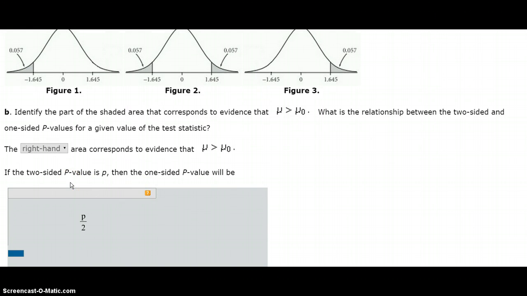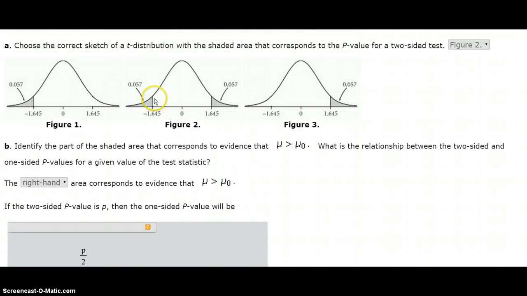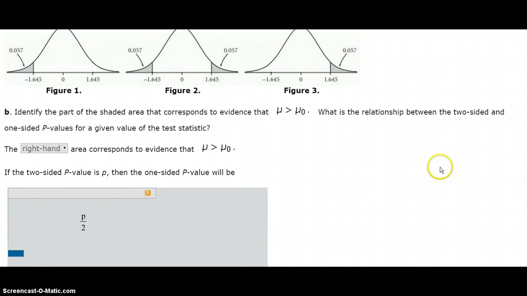If the two-sided p-value is p, the one-sided p-value will be, well, you can see here, if we have two places basically to reject the null, and then we take away one of those, we're only going to have half as much. So this would be p divided by 2. And finally,